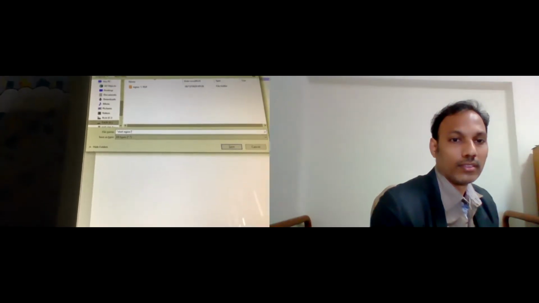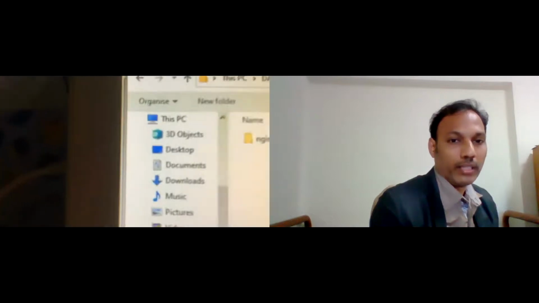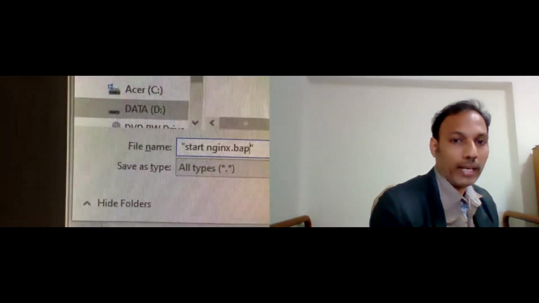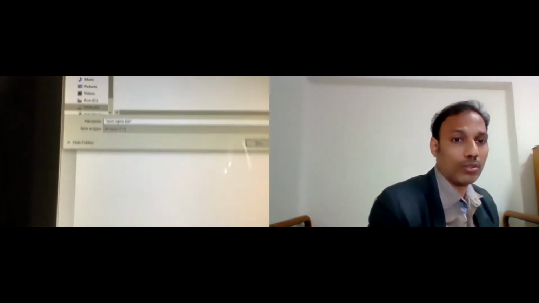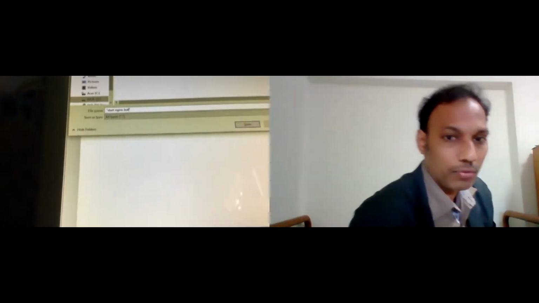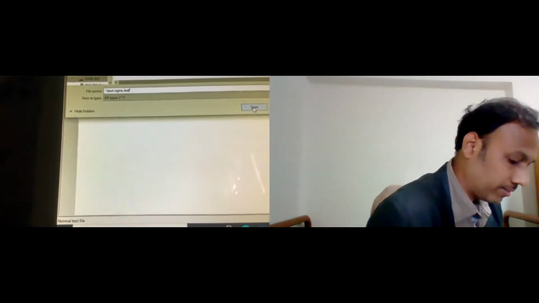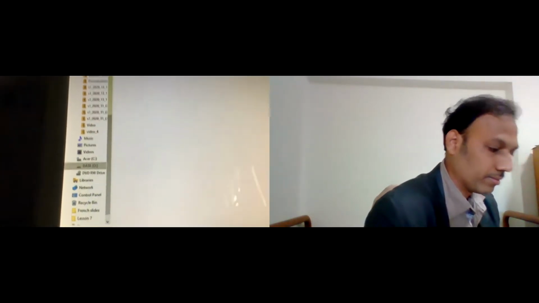Bat is nothing but a batch file, so the operating system will understand. You can save the file and double click that. Save. Then I go to the installations and double click start nginx, right?